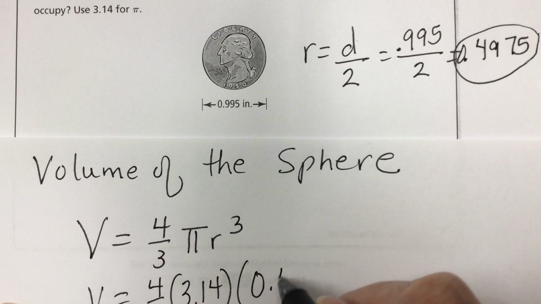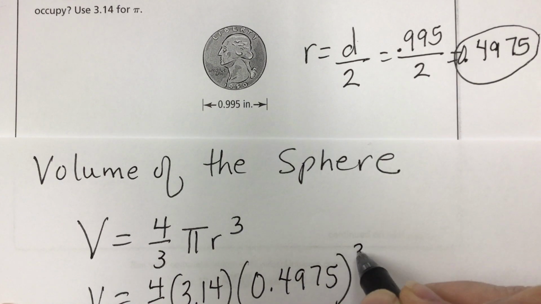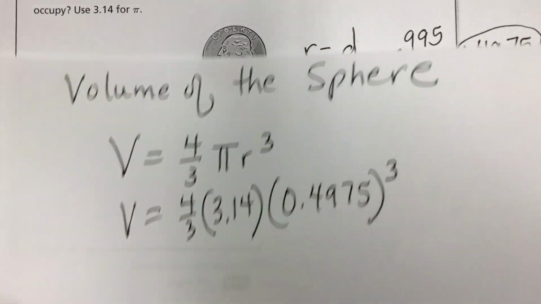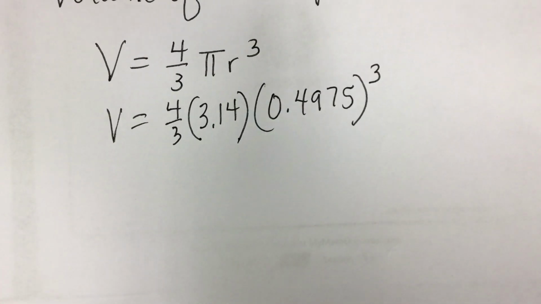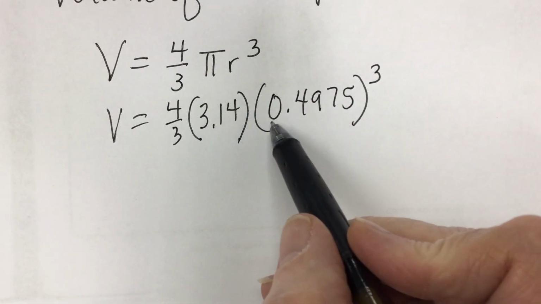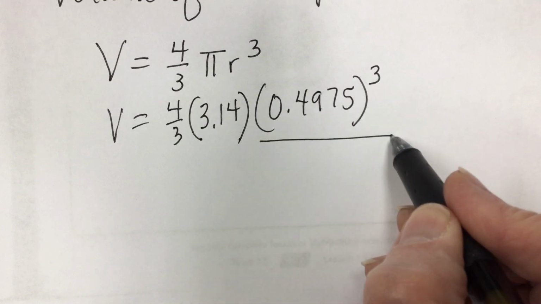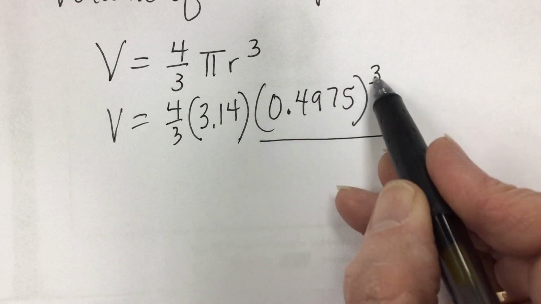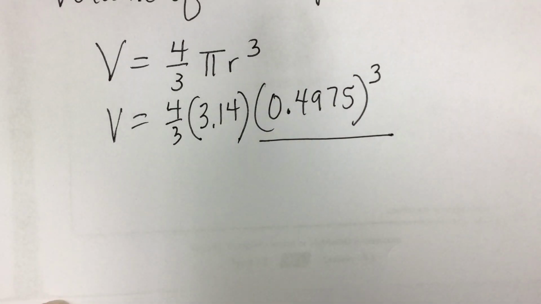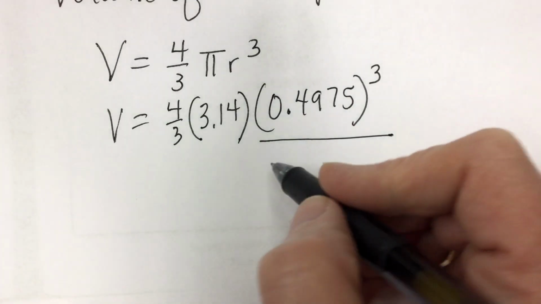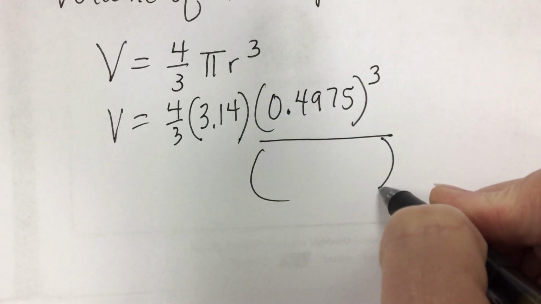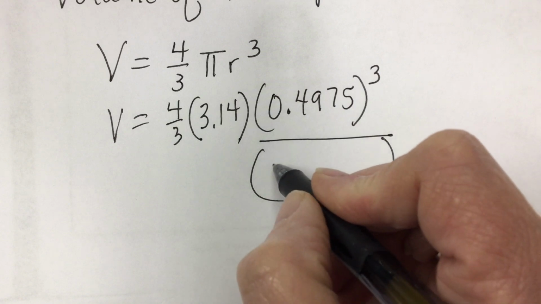So it'd be 0.4975 cubed. All right? So this is our formula now: 4/3 times 3.14 times 0.4975 cubed. I must raise this number to my exponent first. So 0.4975 times 0.4975 times 0.4975. Okay? So when I multiply that out, I end up with